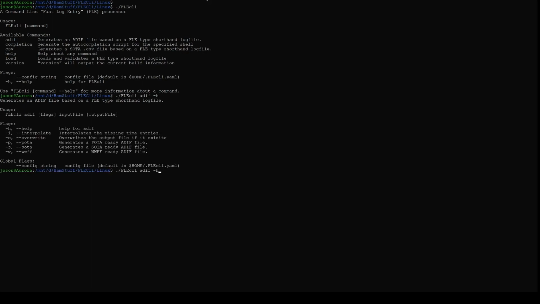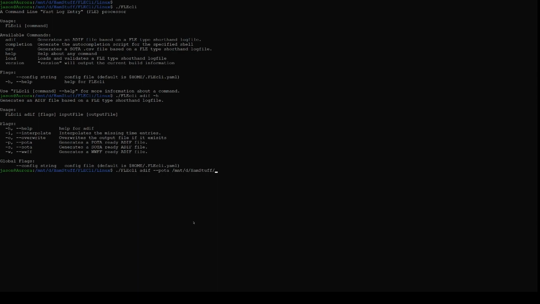So in this case, we want to generate a log for POTA, so let's do -P, or actually I like to use long form just so I can ensure that everything looks good. One thing here too, I neglected to mention, one thing that's pretty cool is this interpolate option. This exists in the full Windows version of this as well. If you neglect to write down your log times, you can enter 2 times far apart from each other, and then interpolate will actually interpolate all the times in between that you left blank. So that's a pretty cool feature, because sometimes I do forget to enter the exact time. But for now, let's go ahead and